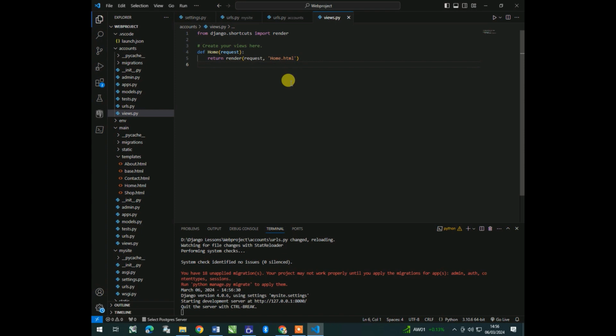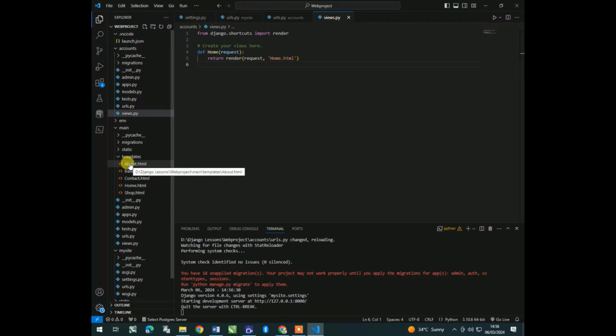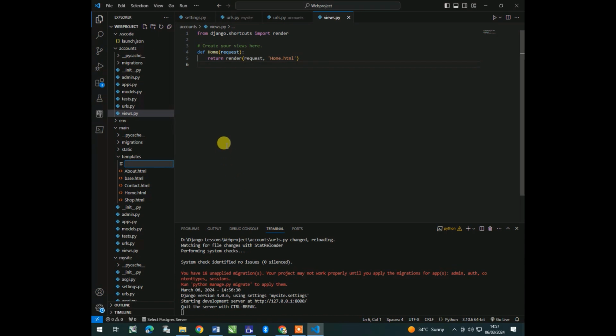because this accounts app is not supposed to look like the main app. Main app is different from the accounts app. Templates are carried by the main app, but accounts does not carry any templates. So the templates are supposed to be here. Templates are created by right clicking on the templates folder, and then you create a new file and type the name of the file. So the templates that you want to be dealing with here in the accounts app,